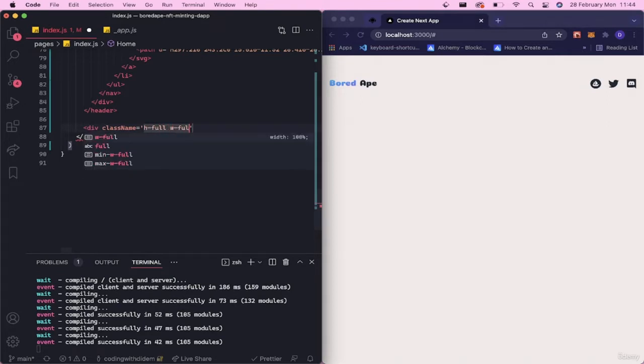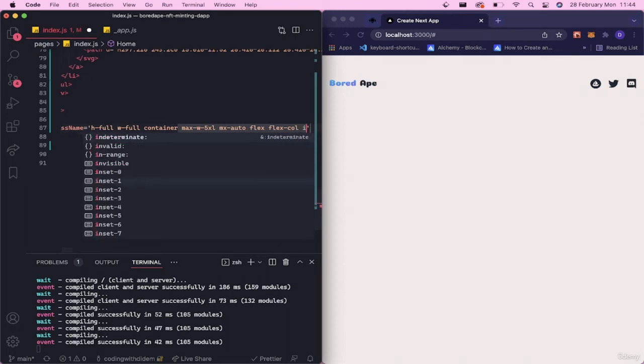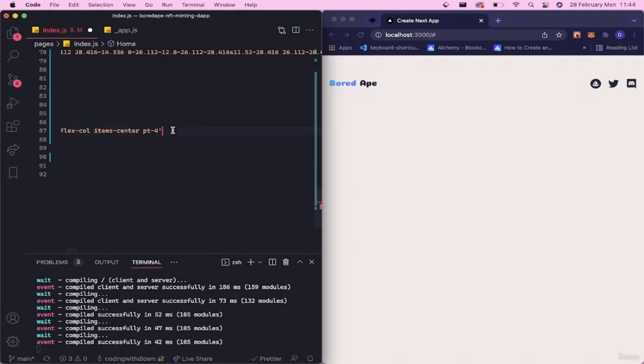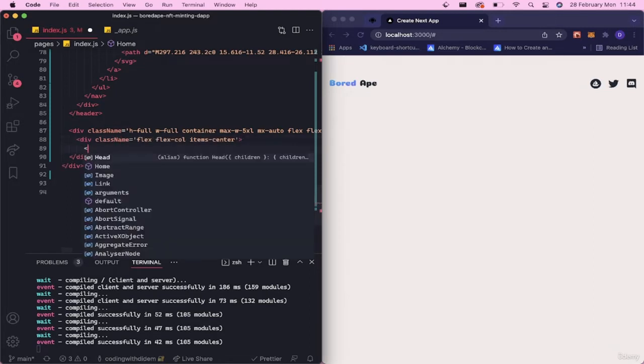So it's h full, full width, and we're gonna make it a container. The max width is the same as the header. It's 5x large, and margin auto, mx auto. It's a flex and flex column, and the items will be centered also, with some padding top first. So let's close this div. What is wrong with this? There is something wrong. Okay. And inside this, we have another div, flex, items center,